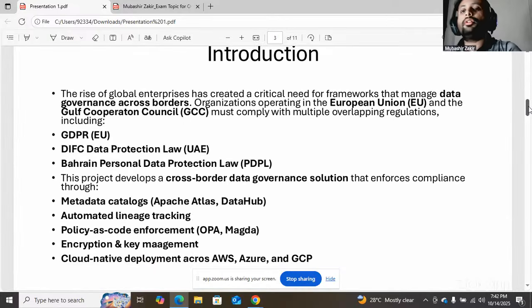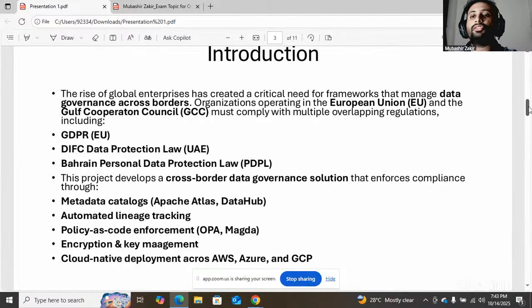So the rise of global enterprises has created a critical need for frameworks that manage data governance across borders. Organizations operating in EU and GCC must comply with multiple overlapping regulations. So these are the laws which we are bound with. I mean, we have to follow these laws so that data breach does not happen.